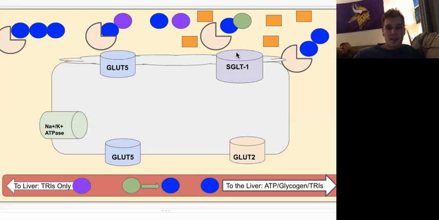So the big takeaway from this is when we're taking in foods that have high fructose corn syrup, the fructose is an easy pathway into our cell and it's able to use this simple diffusion that goes through both our GLUT5 and our GLUT5 to go straight to the liver. So when we see someone with a high fatty liver, we can typically think that they might be taking in some high fructose corn syrup on a consistent basis.